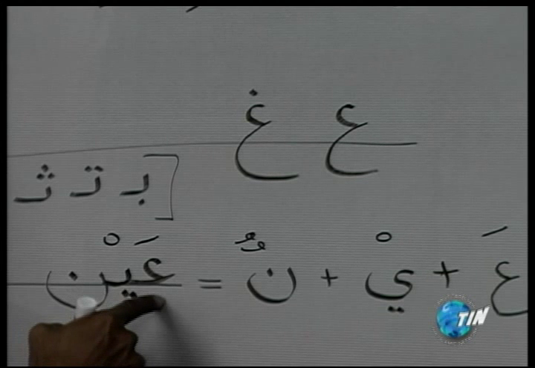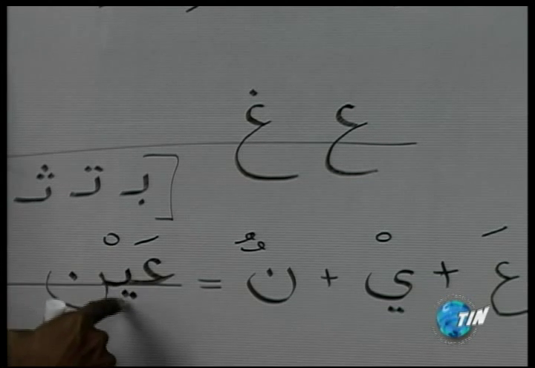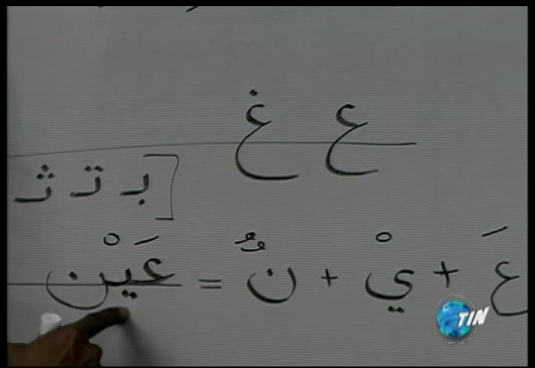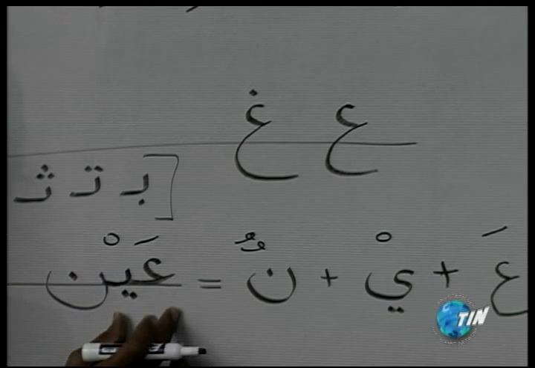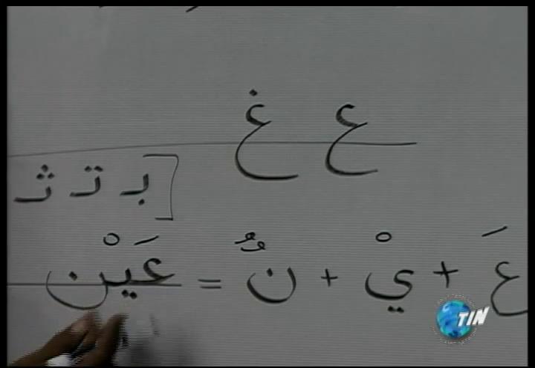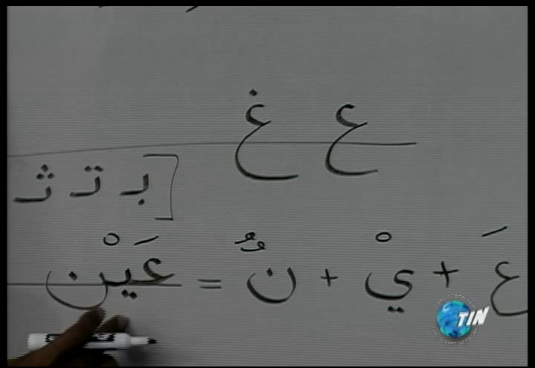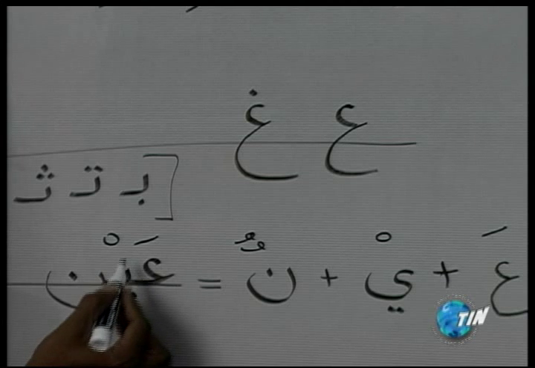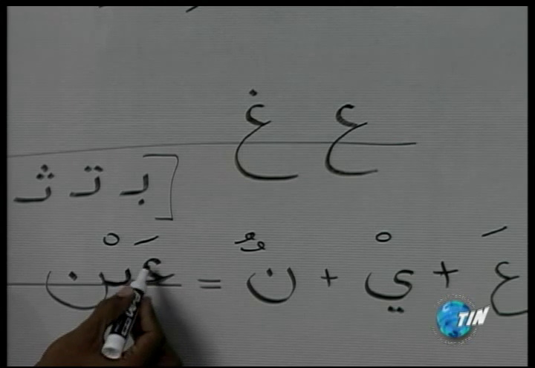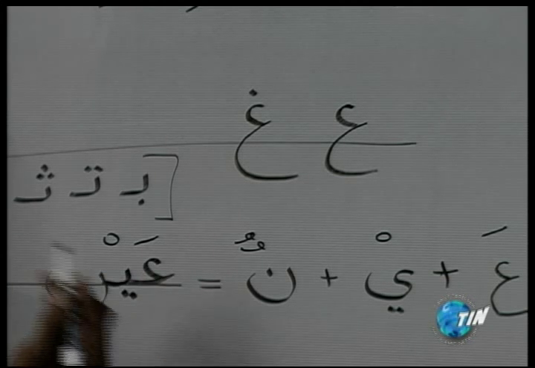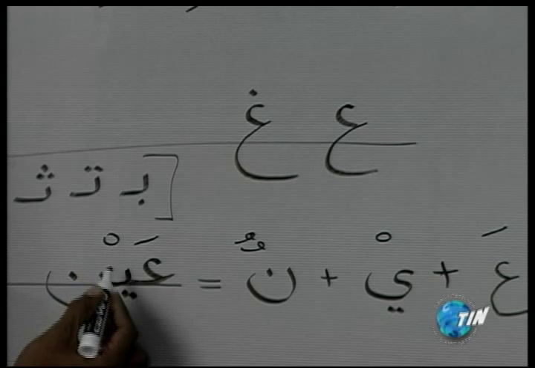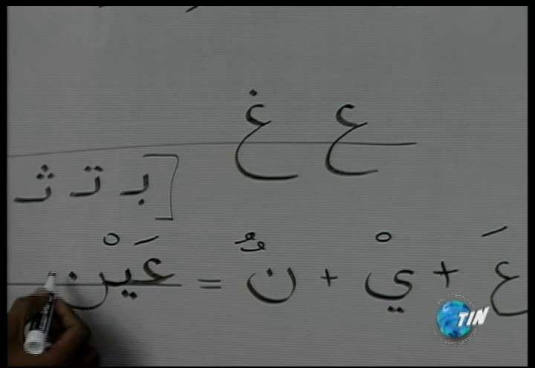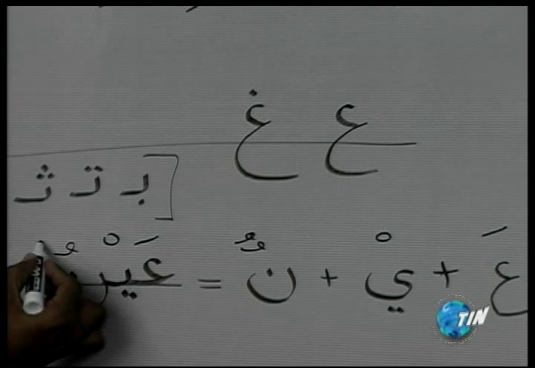And we have the ain with the fatha, and then we have the ya with the sukoon, which is called ya sakina. Remember, the letter with the sukoon means that the letter is vowelless and must be pronounced in conjunction with the previous one. So we have ain, fatha gives me ah, and the ya. So we have n, tanween dhamma, nun,